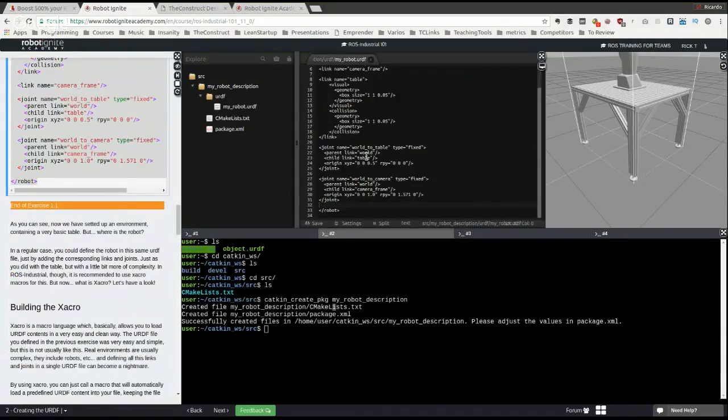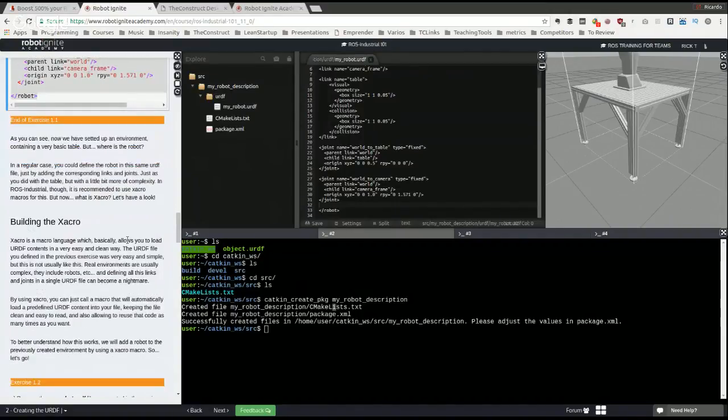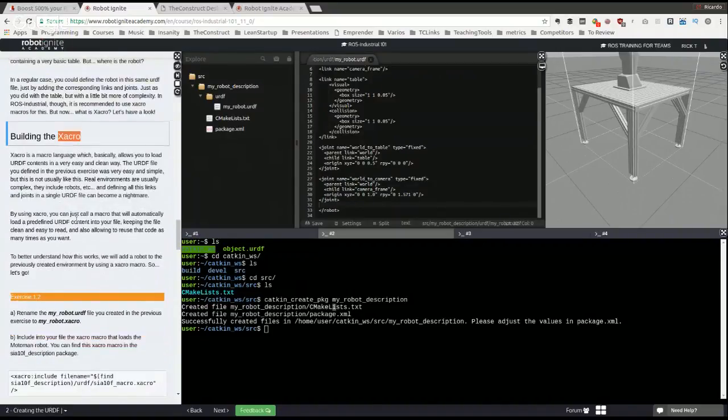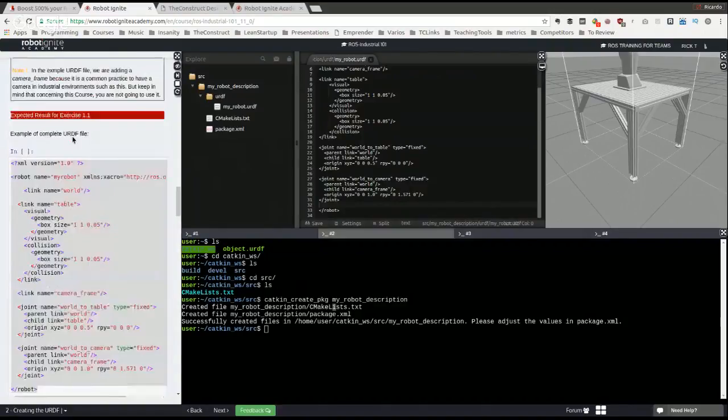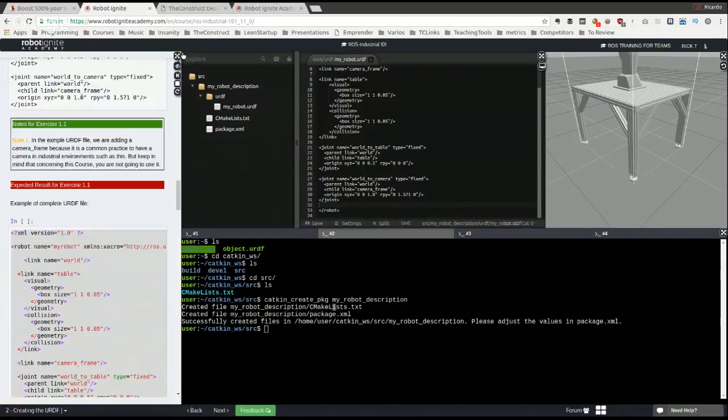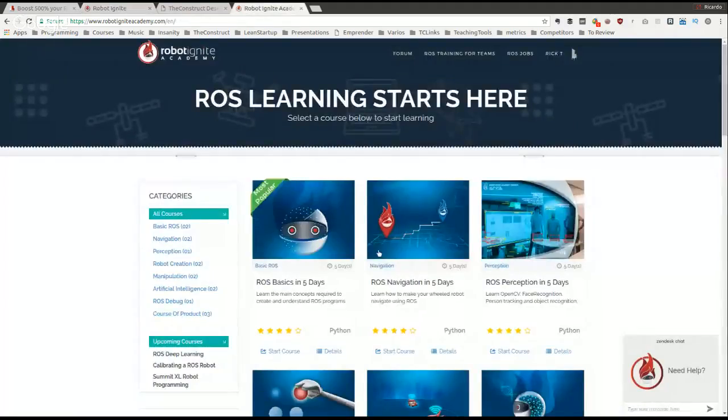Okay, so now this is just a URDF of a basic table that actually is a square table. It's just a cube. But how can we include the robot? We need the robot. And for that, we are going to use the macro language. Remember, in this course, we are not going into detail into those terms, the macro or URDF, all the details about this configuration. For that, I recommend you to watch here